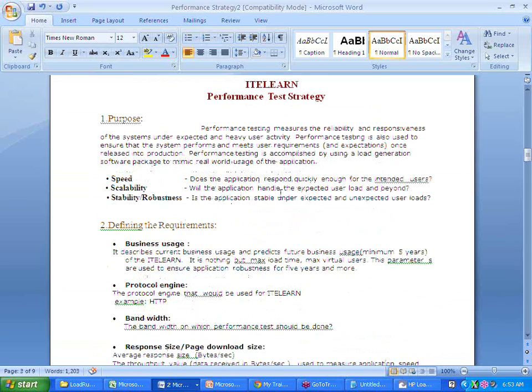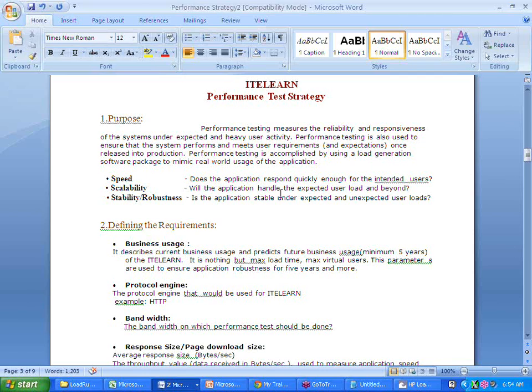So let me tell you team again, this is the first point of your project. When you see day 1 you got deployed in a project and you're supposed to do performance testing for a particular application, then you're supposed to prepare your performance test strategy. Okay, some of the teams will be working on performance test plans.